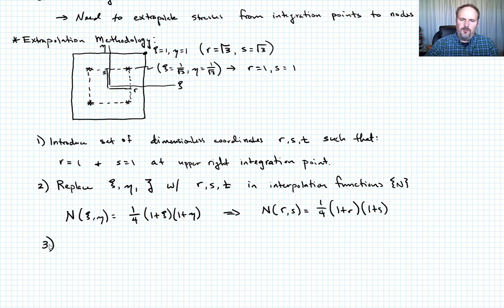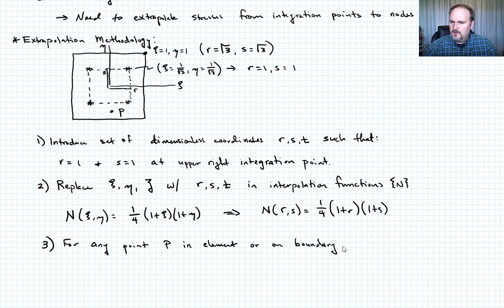Okay, so now we have one final step, and that's for any point P. So if I pick a point P, let's pick that point right there, it could be a node, it could be on the nodes, it could be anywhere. But for any point P in the element, or on the nodes, or on the boundary, where P is located at r, s, and t, whatever r, s, and t coordinates they are,